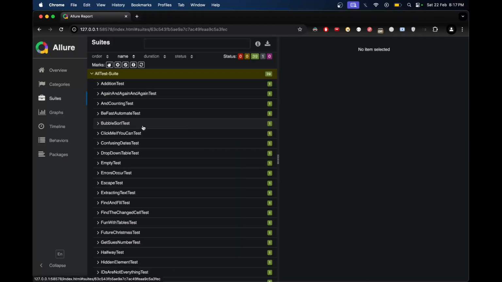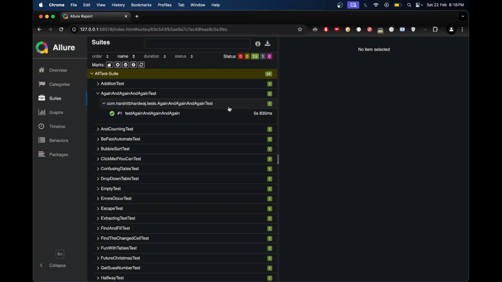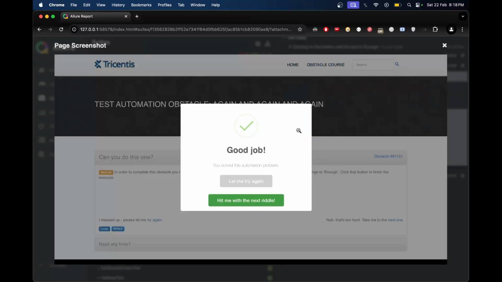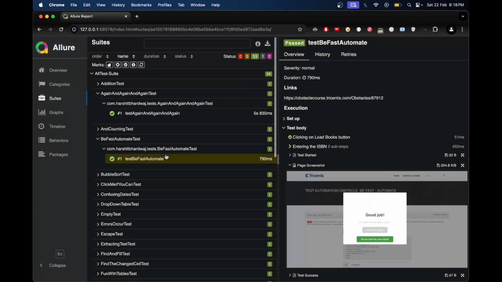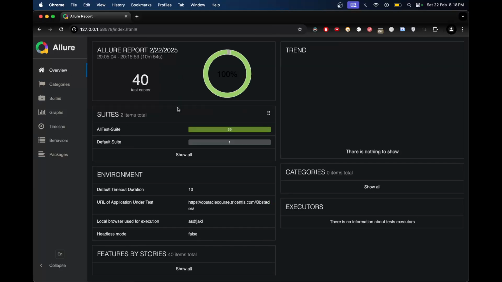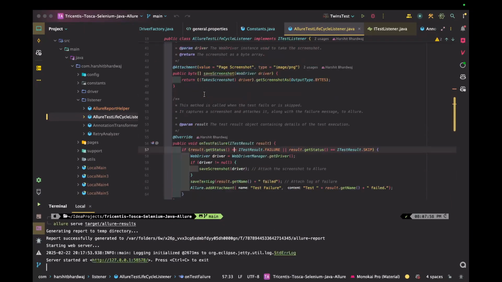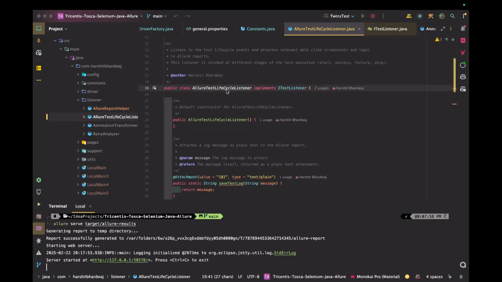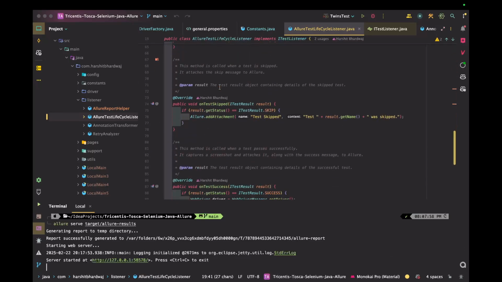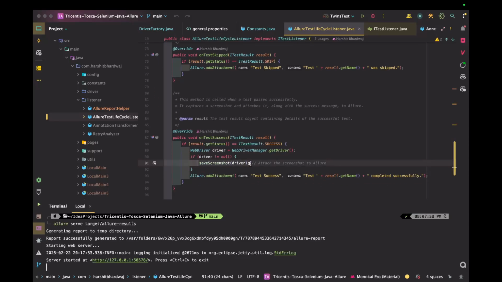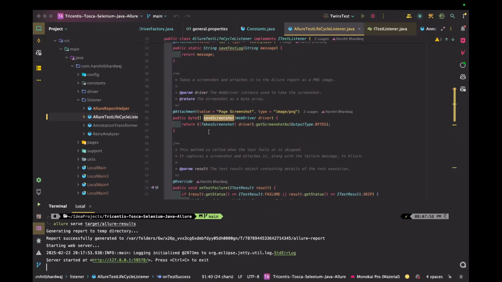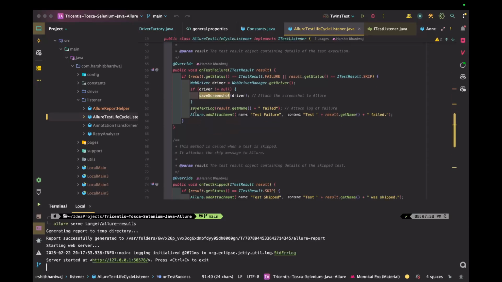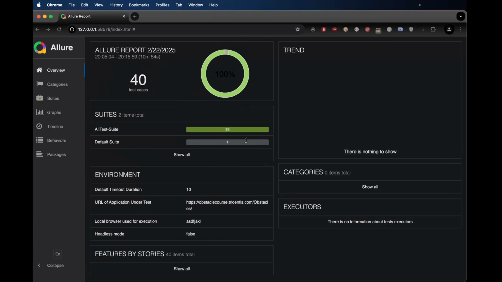Yeah, so this is the Allure report, and as you can see here, for each test case a page screenshot is being captured, like this, for all 40 of these test cases. It's happening because we have defined in our Allure test lifecycle listener that on test success we want to save the screenshot. And also if you see on test skipped or on test failure, each time I'm adding the attachment as test failure, test passed, which you can see here,